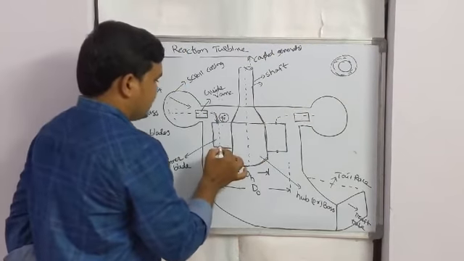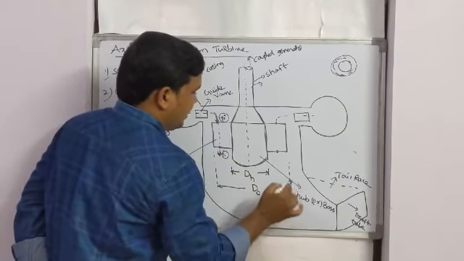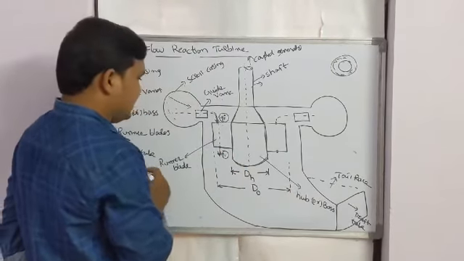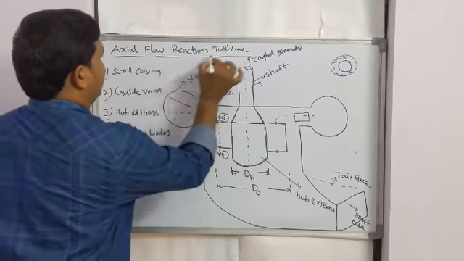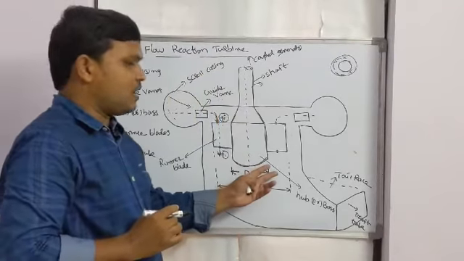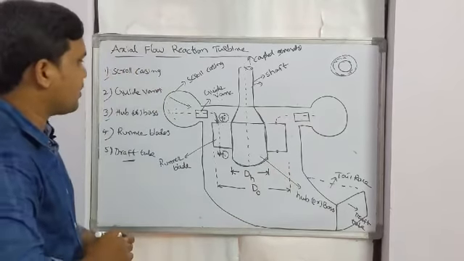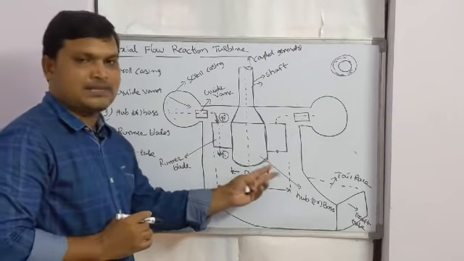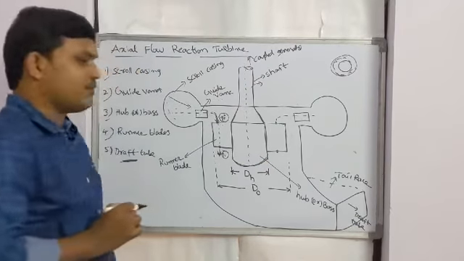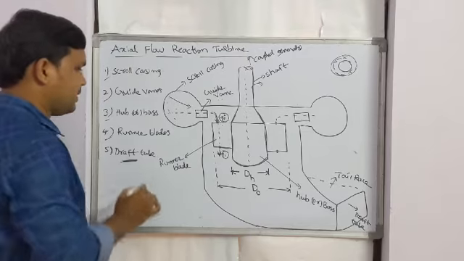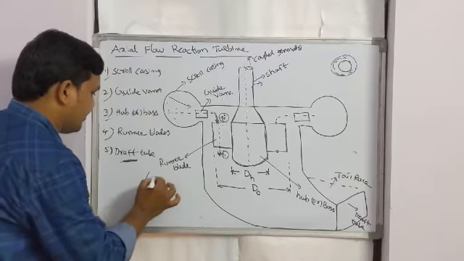The water leaves from the hub also axially, then enters the starting section of the draft tube. This draft tube is used for creating the reaction effect, meaning the pressure at the exit of the runner is always less than atmospheric pressure. For creating this lesser than atmospheric pressure at the exit of the runner, we use a draft tube. What is the function of the draft tube and what is its shape, I will explain in a later section. The draft tube is nothing but a divergent section.